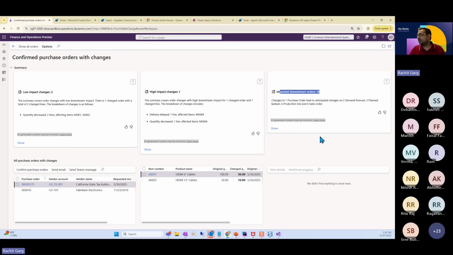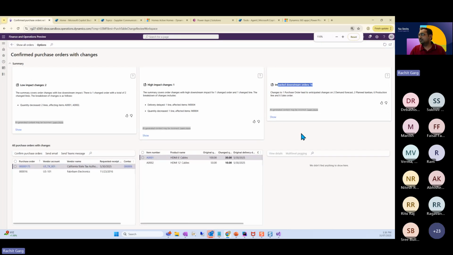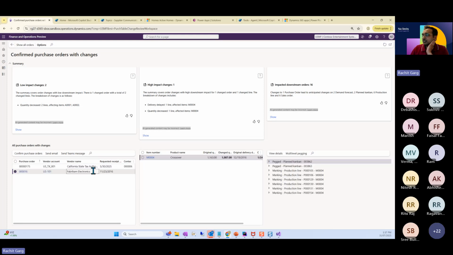Now, this is good for people who are in the supply chain and planning space because they can actually check if this purchase order is impacted, then this item has changed the quantity from 1100 to 1000, which means these are the production orders which may get impacted. So this is a type of experience where AI is actually identifying how your supply chain is getting disrupted if something is changing, and it will calculate and show.